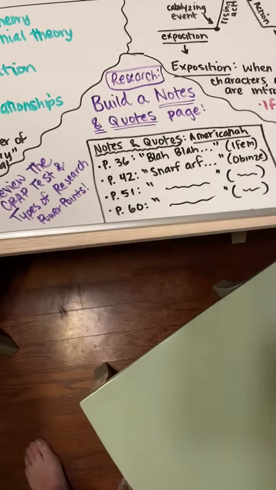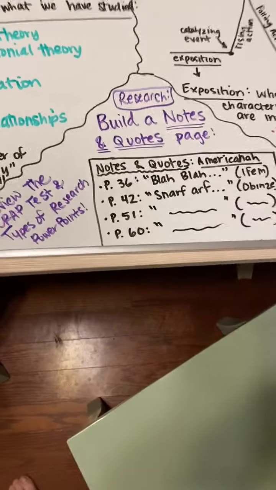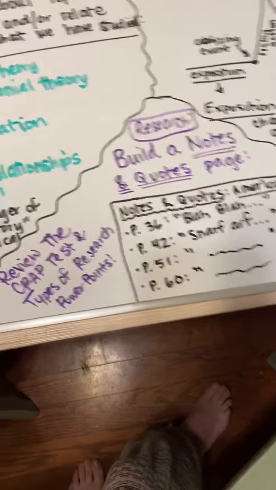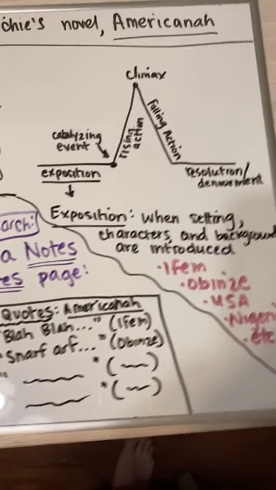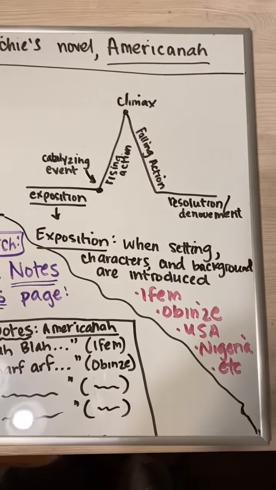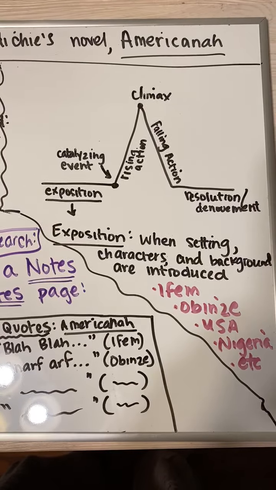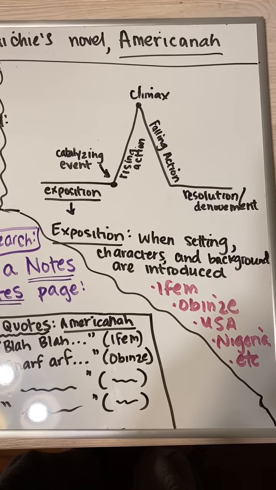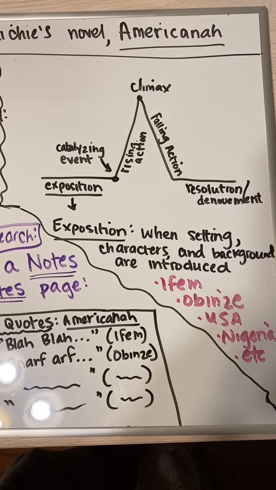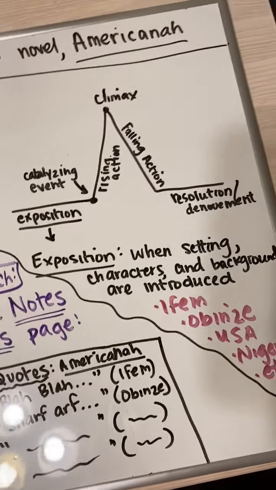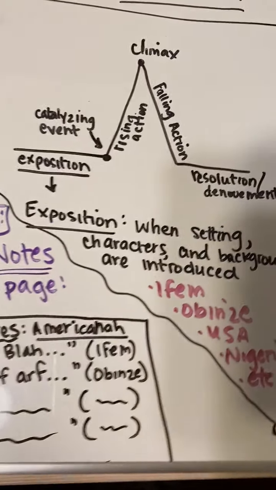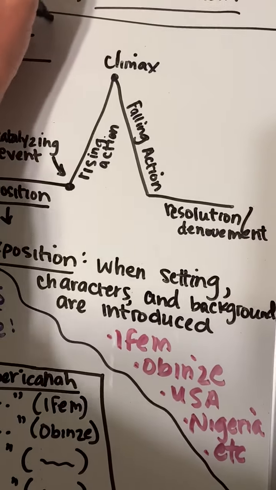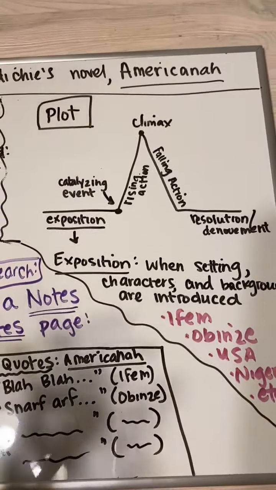So that ends this second part on not just research in the text, in the novel, but outside of the novel, which we will talk about in much greater detail as we go. But the last part, since this is the beginning of the novel, I want to share with you this little chart here. It's a chart on the plot of typically most works of narrative fiction.